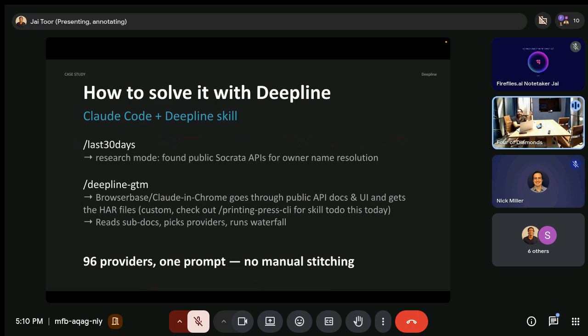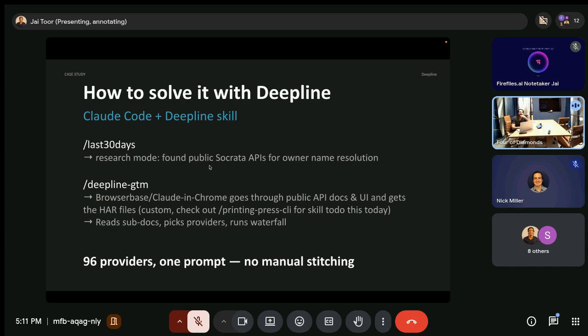So with last 30 days, this is a skill that adds Reddit and Twitter essentially to the search that you're doing. And it also improves your search query optimization: you ask it to go find a particular type of information, and it will then return all the different data sources that might be useful for this particular thing. So if somebody has another niche use case that they're struggling to find a good data source for, or don't feel is covered, I'm happy to run an example live on the call here, but you can kind of think of it just as a research step.